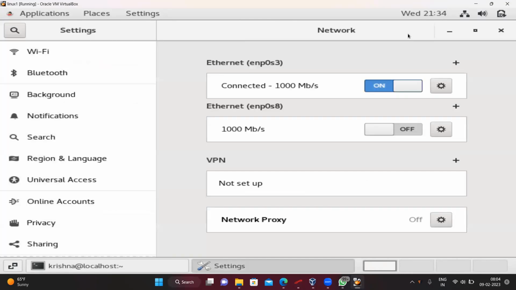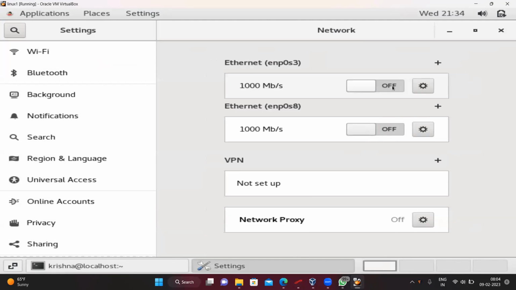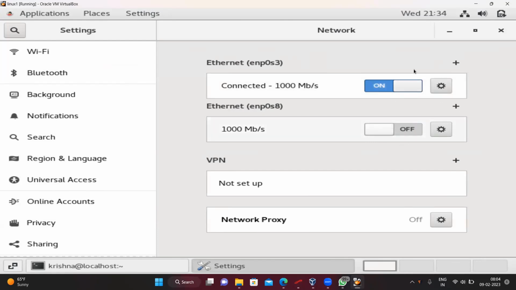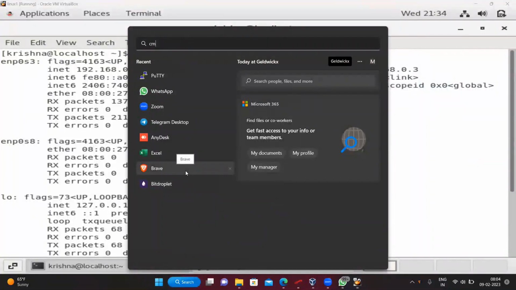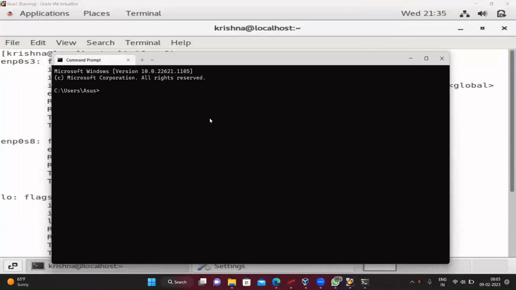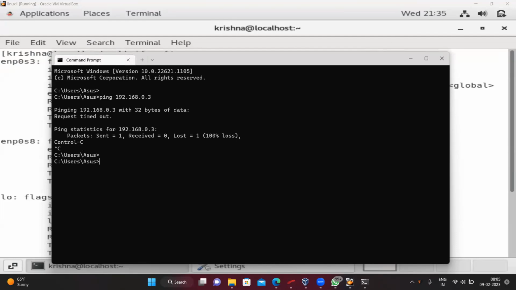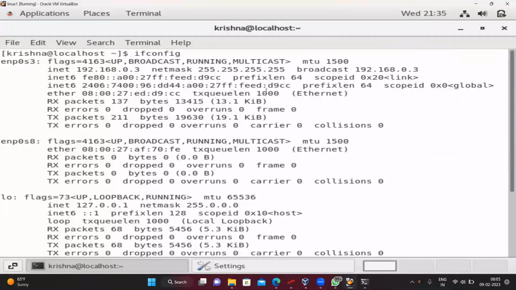So disabled. Okay. Is a command prompt. Hey, Mani, once you fix that network issue, just let me know, okay? How to disable the network firewall?